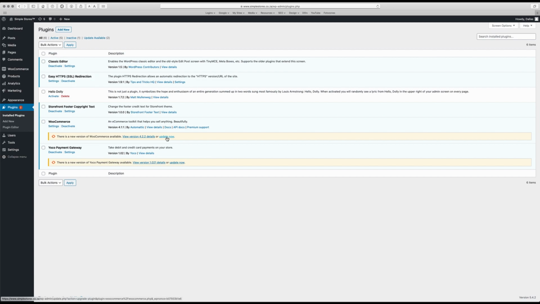But before you do this, if you're updating a plugin, you need to make sure that the other plugins or anything else that you have running in your WordPress installation is going to be compatible with the update. Usually you would see any warning signs over here that would tell you that this new version of the plugin has not been tested with your current version of WordPress, etc. So there are quite a few warnings that will come up that you can investigate in more detail if you so wish. Generally, it's a good idea to try and keep your plugins as up to date as you possibly can,